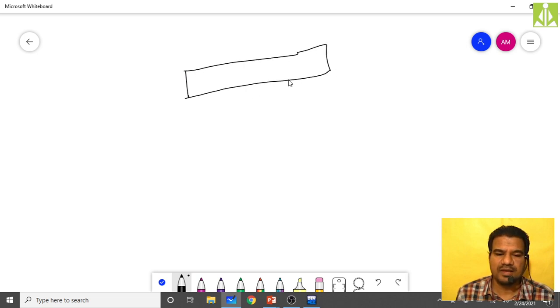So this is my array, and in this, let us say I'm having 5 elements. The first element is at index 0, then 1, 2, 3, and the fourth. Okay, 0th index, first index, second, third, fourth index. Here let us say we have 24, 31, 3, 9, 7. Like this I have all the elements.